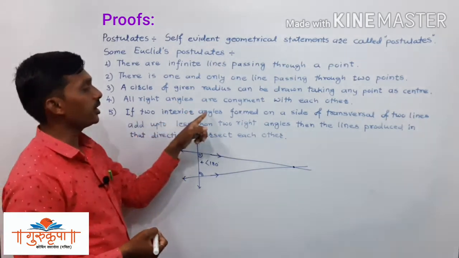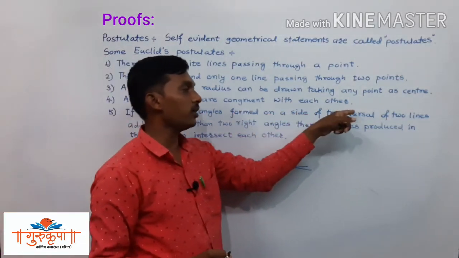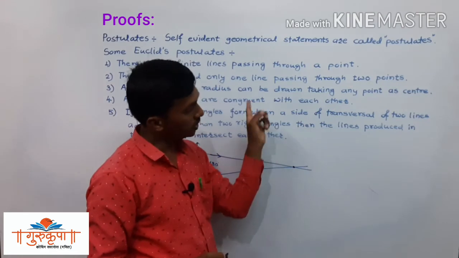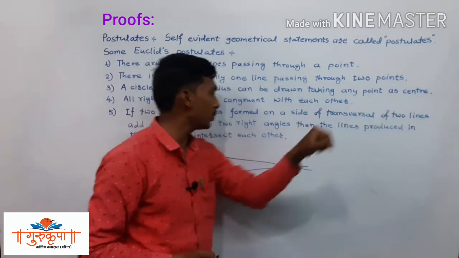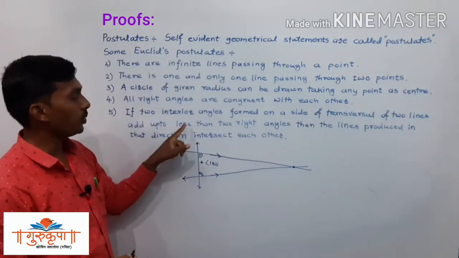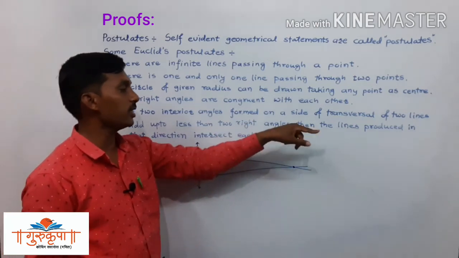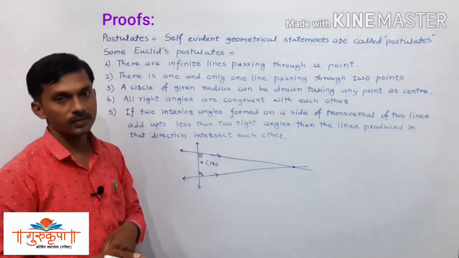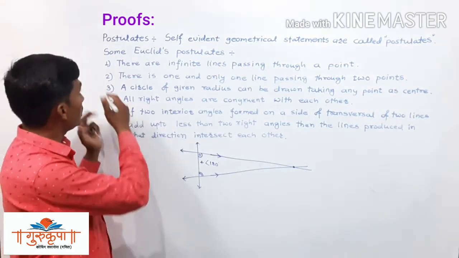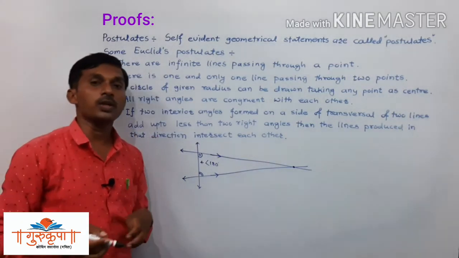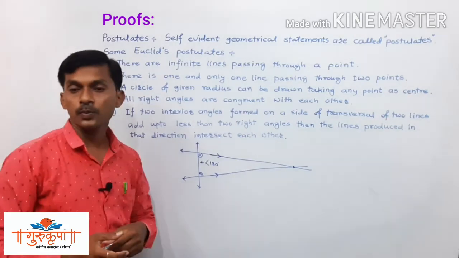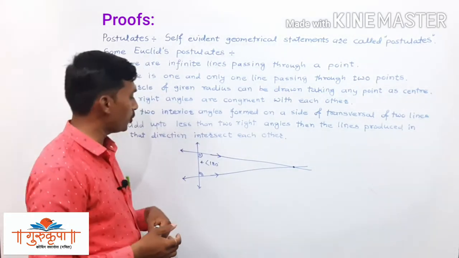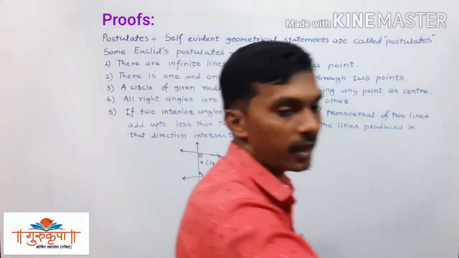If two interior angles formed on the same side of a transversal of two lines add up to less than two right angles, then the lines produced in that direction intersect each other. So this is all about the postulates. Euclid's postulates. We have given the 5 postulates of Euclid here, and now